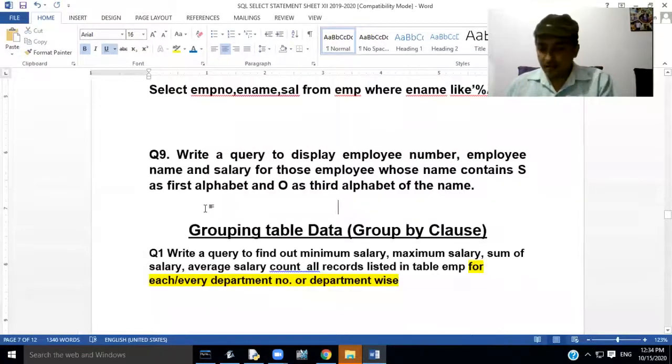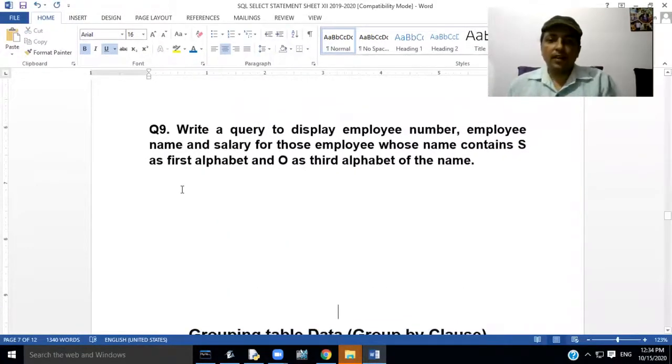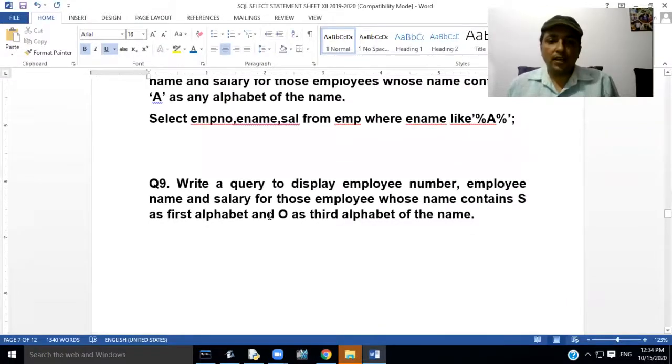Now our next query is: write a query to display employee number, employee name, salary for those employees whose name contains capital S as first alphabet and capital O as third alphabet.